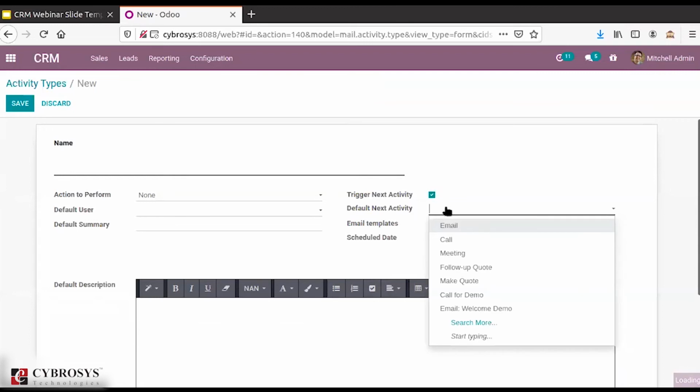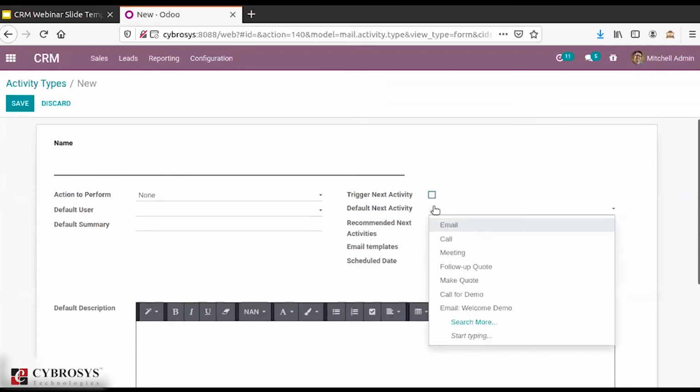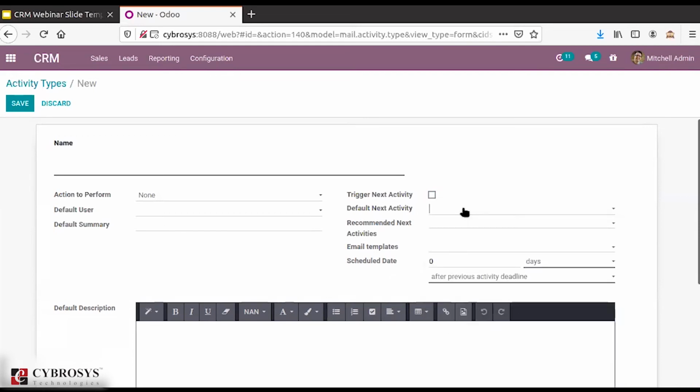So it becomes the mandatory field over here. So from here, you can just add the next activity. Suppose someone is using this activity type that you have created. Once this activity is completed, automatically the next activity that you are providing here would be scheduled. That's why we are having this option over here.